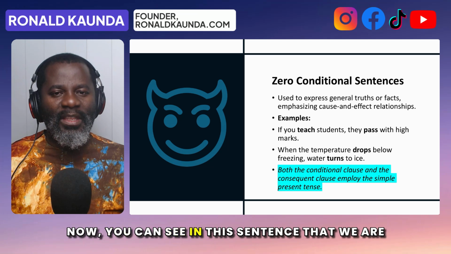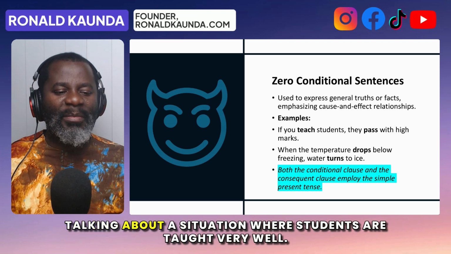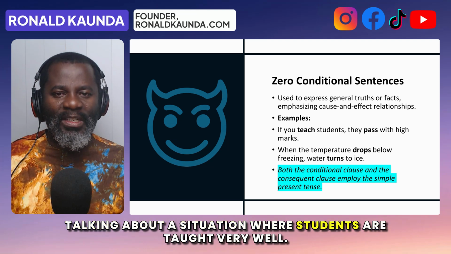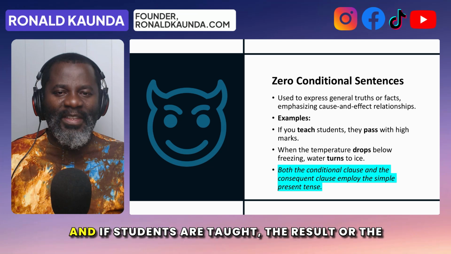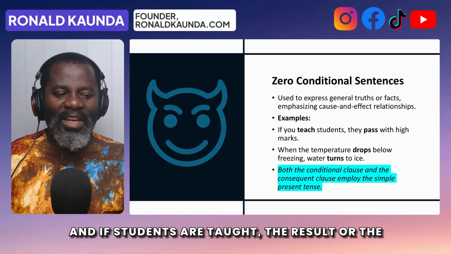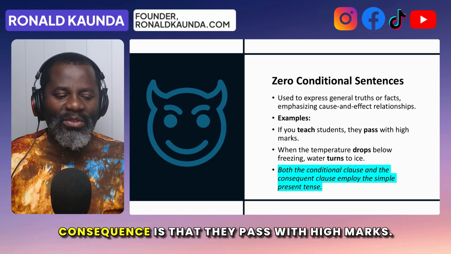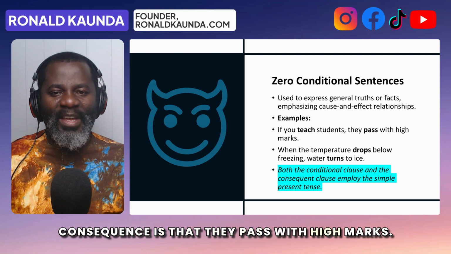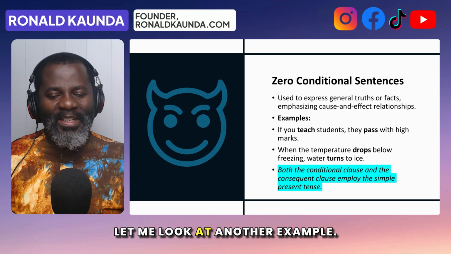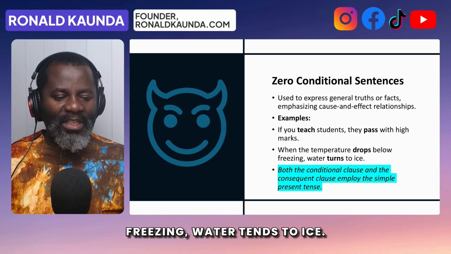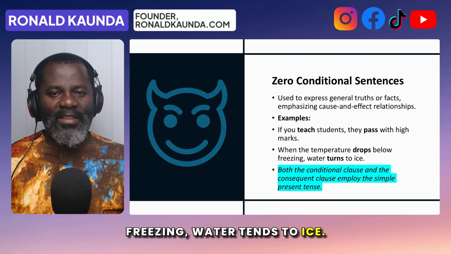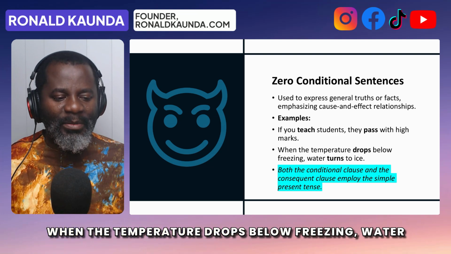Now, you can see in this sentence that we are talking about a situation where students are taught very well. And if students are taught, the result or the consequence is that they pass with high marks. Let me look at another example. When the temperature drops below freezing,